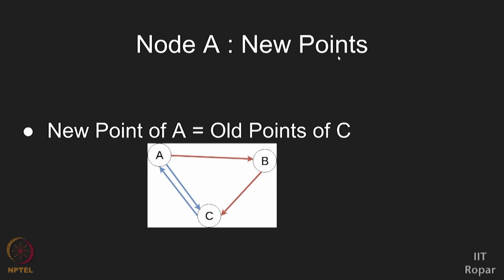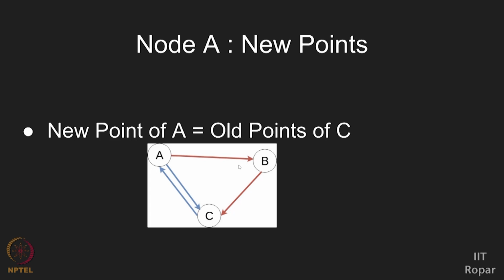Following that rule, they had to share their points with their neighbors. The node will have to give it to its neighbors as well as get some points from someone who likes him. For example, let's say node B. He likes node C, so he would give his points to node C, and node A likes node B, so A will also give to B. So node B will be getting something as well. Each node will be giving something as well as getting something. We'll see what it gets. That's what I mean by new points.